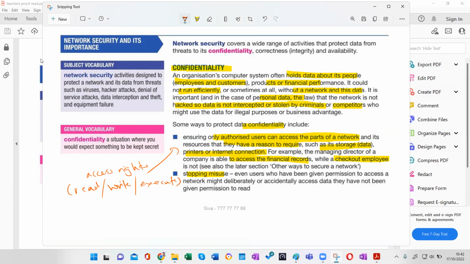Execute. Some people can read the files, some can read only, others can read and write, others can run the programs, but others can't even open the programs. Then you have to stop misuse. In any organization, there can be employees who want to sabotage the work, who are angry with the boss, so they can try to misuse deliberately. So you need to protect from them also. You know, in most organizations, the unauthorized access happens from